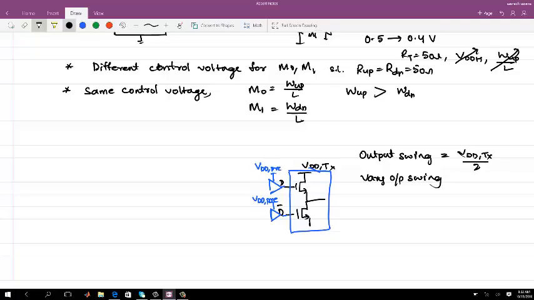So without varying the size, what can I vary to have this different output swing? VDD pre-driver, right? That will change the resistance, right? So think about it. When we change the output swing, if we do not do anything, then the resistance gets changed. So we will bring it back to the same resistance.